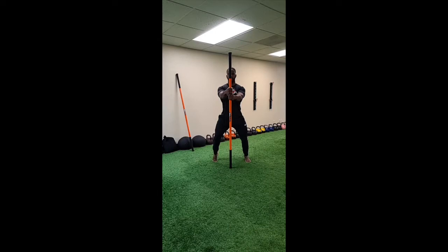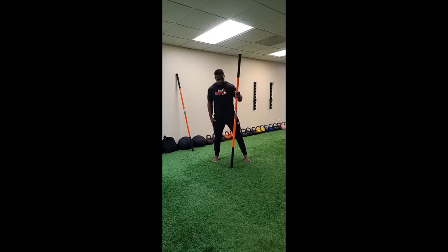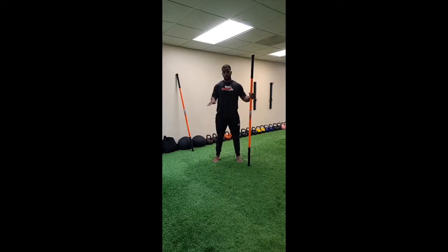Let's go a couple more. Switch. Switch. Last one. Switch. Good. Bring both heels down. Excellent. Good. Now we're going to work with the lateral shifting of the ankle,